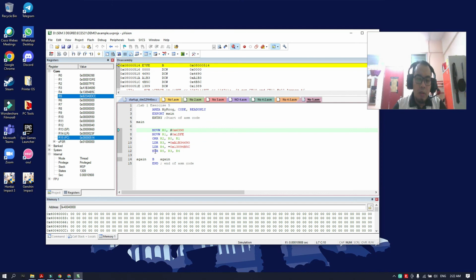For XOR, we use EOR because it is specific for the exclusive OR gate itself, and the result is inserted in R5, which is B23A0DCC. Alright, from this view,